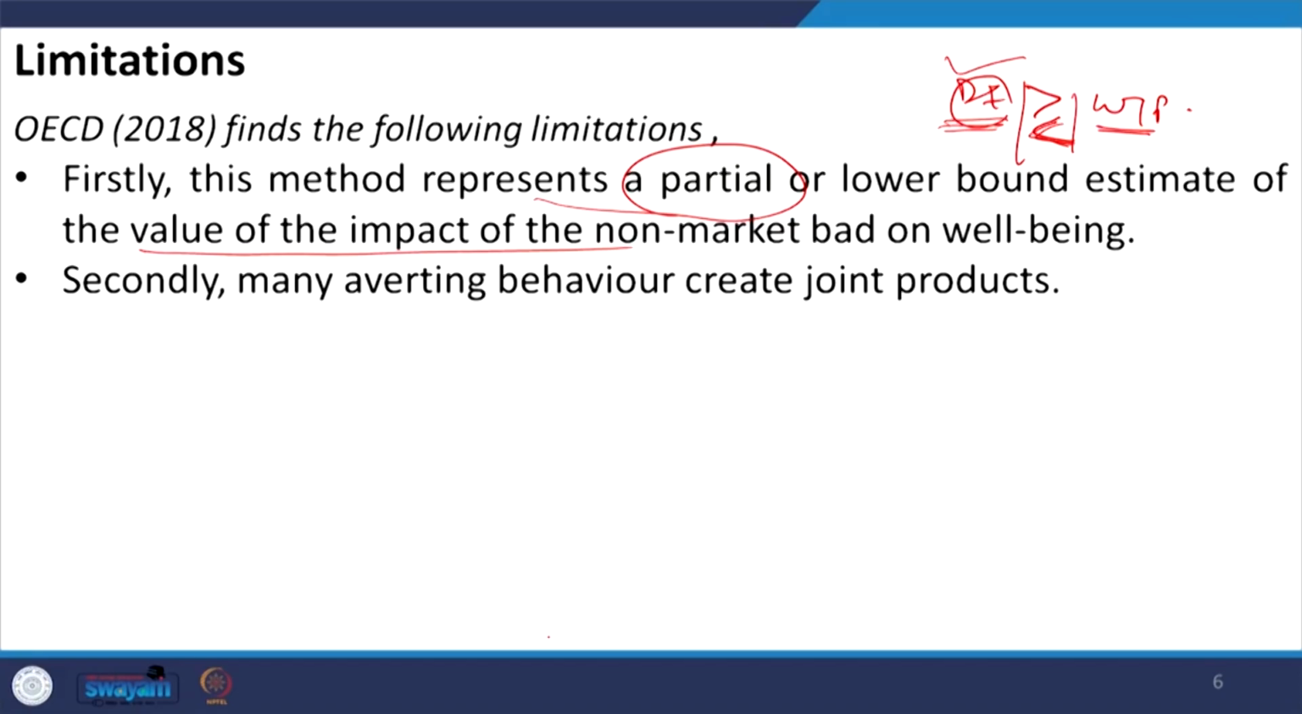And secondly, when we are discussing many real life examples of averting behavior or defensive expenditure method, this averting behavior itself creates joint products. So, what are joint products? So, let us talk about it from our own common observation. When you are saying that meat production, right. So, meat production and leather production